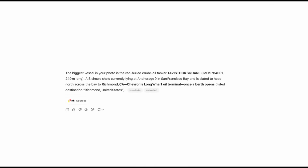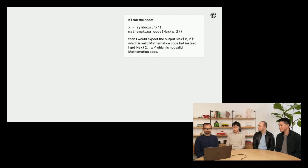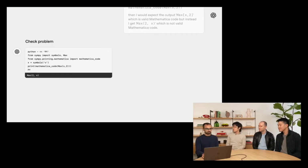of its thought process. The O4 mini model is smaller but still incredible, optimized for fast, cost-efficient reasoning. It achieves remarkable performance for its size, particularly in math, coding, and visual tasks. In fact, it's the best performing model on the 2025 math benchmark, which is pretty mind-blowing when you think about